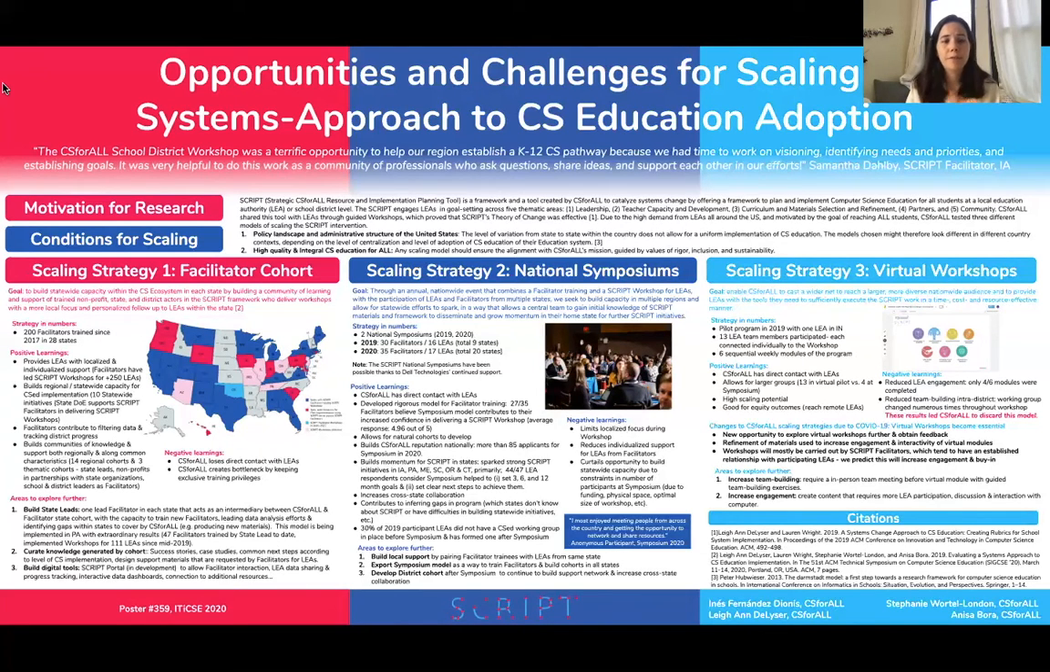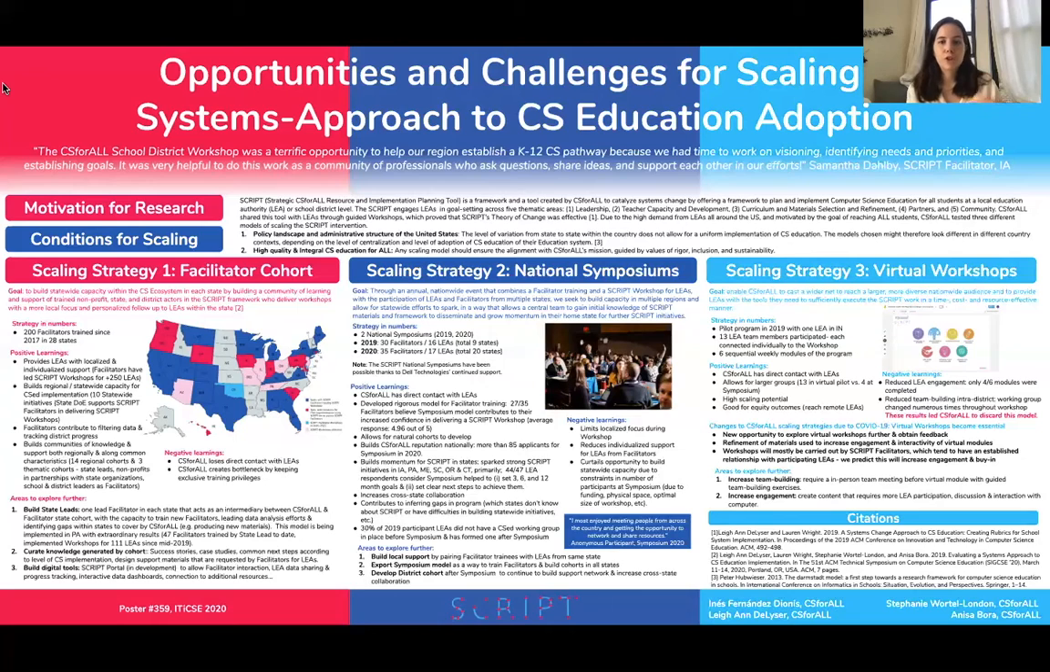As for the negative learnings, CS4All is the only one who to date can train facilitators. Therefore, we are creating a bottleneck on the growth of these statewide cohorts. So in part due to this fact that we're the only ones who can train facilitators, we decided to go to scaling strategy number 2, which is having national symposiums once every year, where we bring